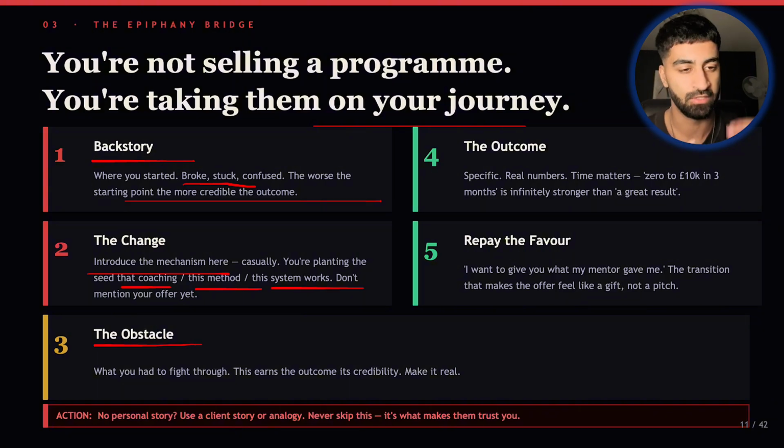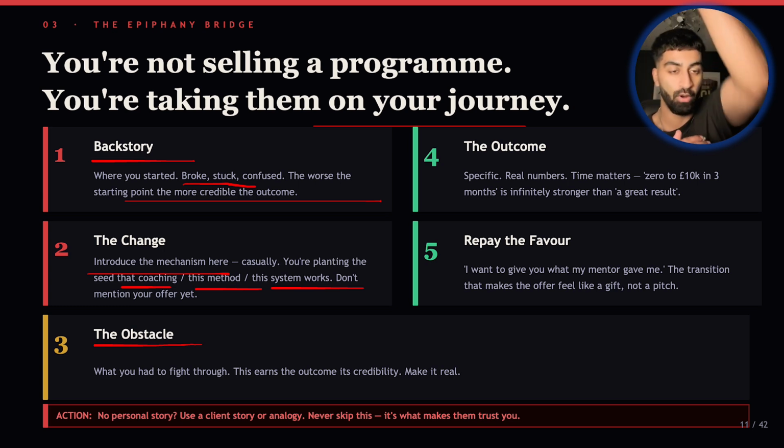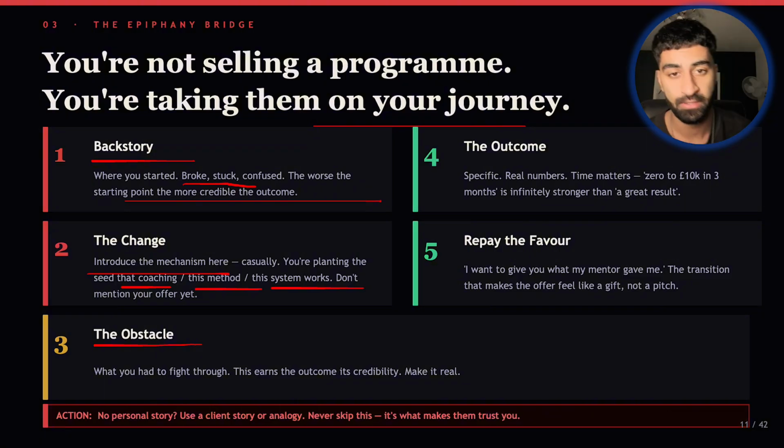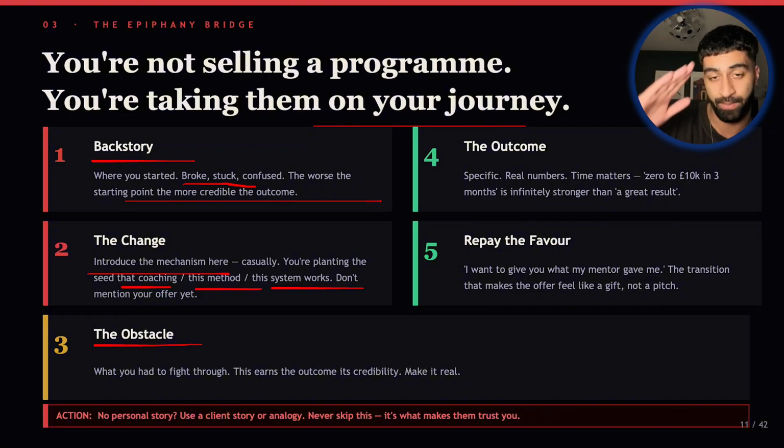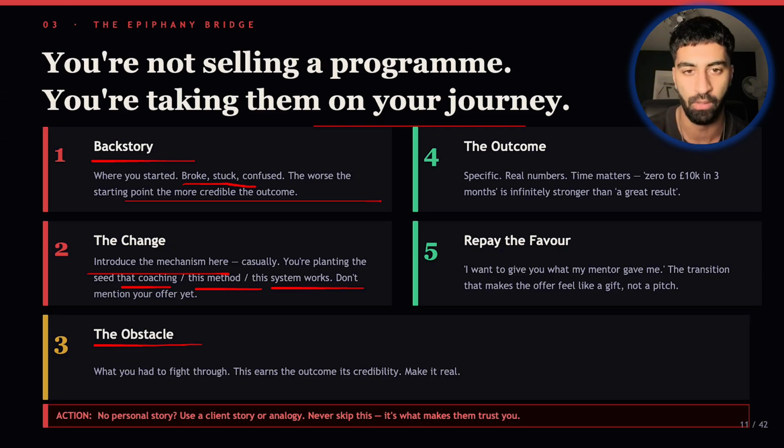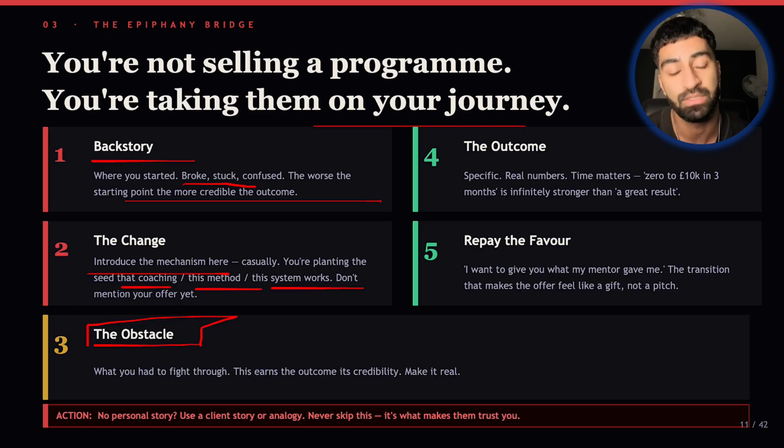Then the obstacle, because remember, you don't want to just have a story when your thing just went like this and it was all good. You need that boop, oh my god, I broke my mic, like that, right? Because even like if you think about superhero films, why they're so good, because they get the powers, then something really bad happens, Uncle Ben dies, boom, we're back up, right? So you need the obstacle. That's how people relate to you. That's how people love superheroes, because they relate to them, like the stories and that kind of thing. No one relates to someone that always wins. No one likes people that always win. They want to have someone that they can relate to, like on the journey.